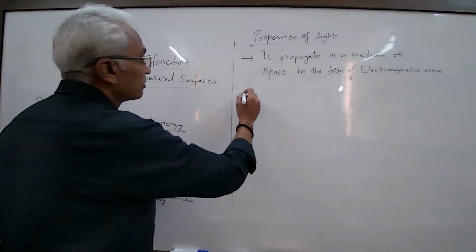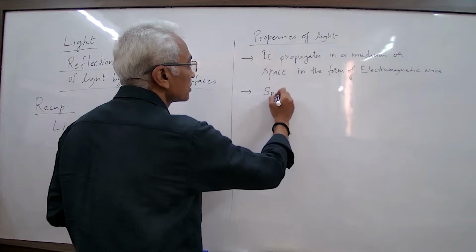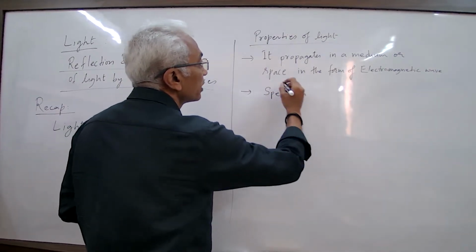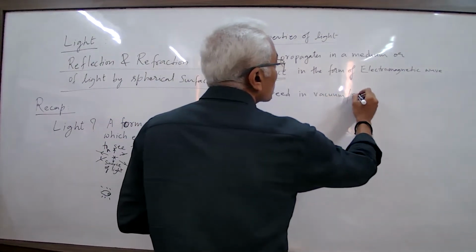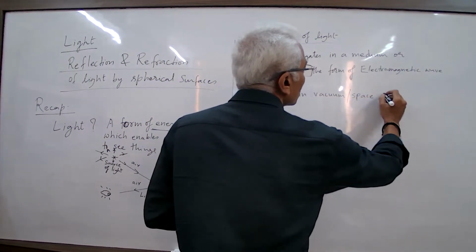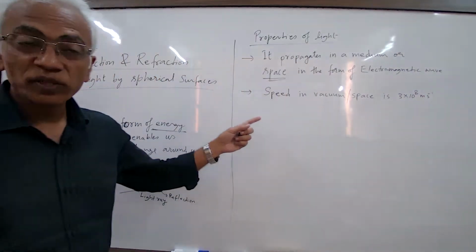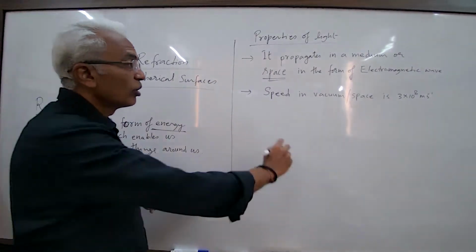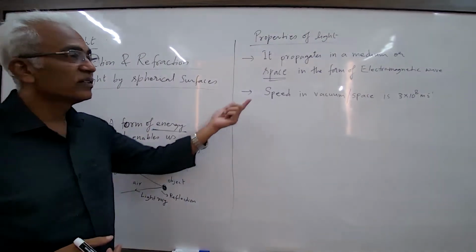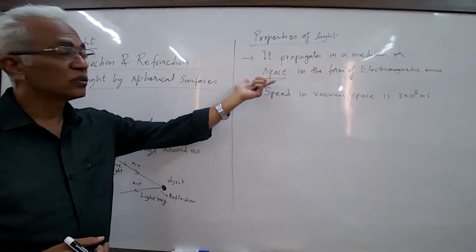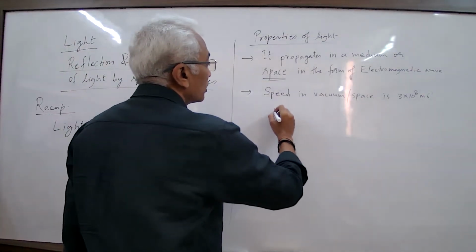With what speed does it travel? 3 into 10 to the power 8 meters per second. This is the speed in vacuum or space. In all other mediums, like transparent media, through glass, through water, through air, it is different. Air is treated as space, but it is not exactly space. You can approximate air as space. So in all other mediums,